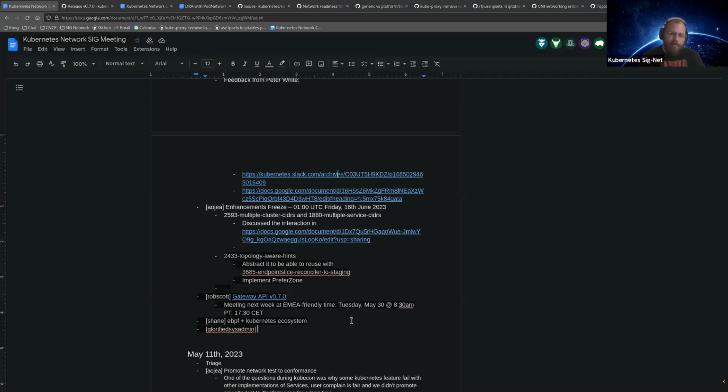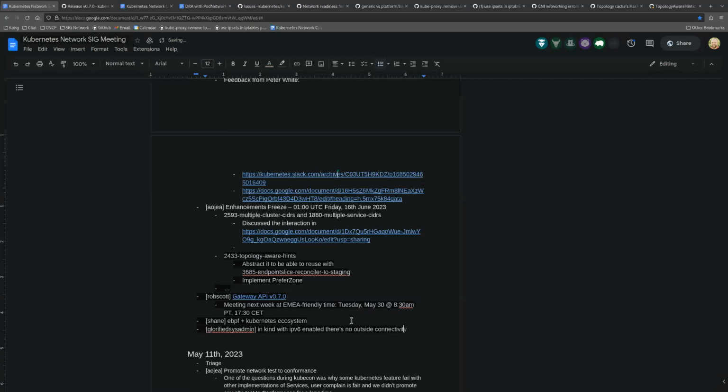So the problem is that when I try to run anything in kind as a local development cluster with IPv6 enabled, everything inside the cluster is fine. There is interpod connectivity, services are working fine. There is no outer connectivity, so I cannot pull anything from the internet. I cannot pull images. So it might be an issue related to kind, which might be the better place to raise it, but I just wanted to bring it up here. So maybe somebody has a workaround or some setup that's working for them. Okay. No, look, you need to do NAT 4to6 or NAT 6to4, and okay.